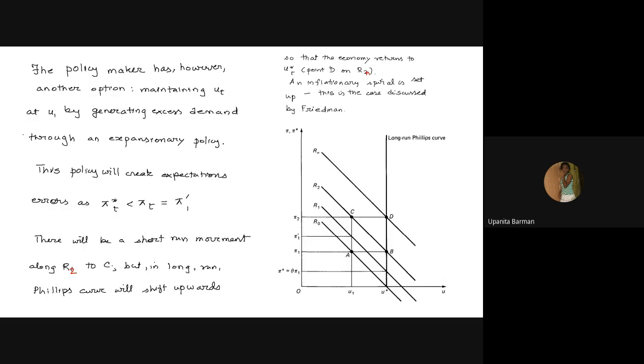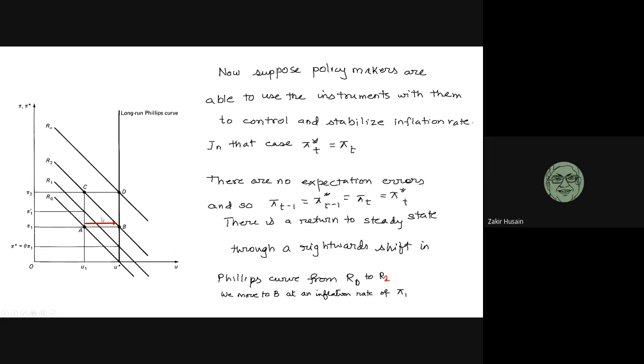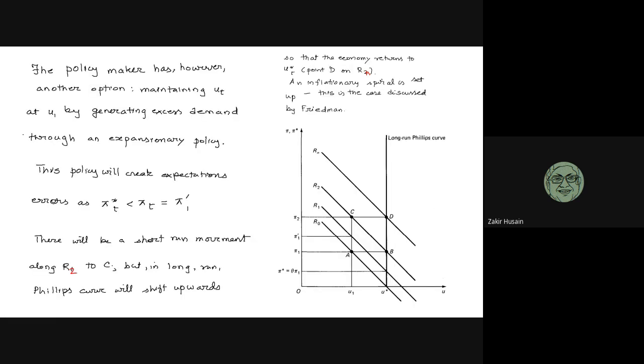Now, one option before, see over here, when I move from this point to A, the policymakers have two options. They can either decide that enough is enough, I can't reduce unemployment, so I accept the inevitable. I just stabilize the inflation rate, so I move to B. The other option is, okay, let's go on fighting. So even though I move from A to B, the government can again have a shot at reducing unemployment.